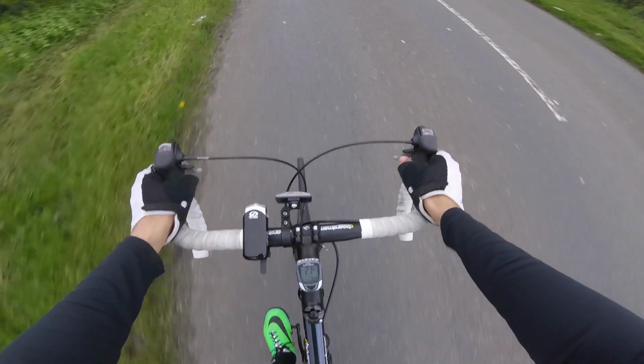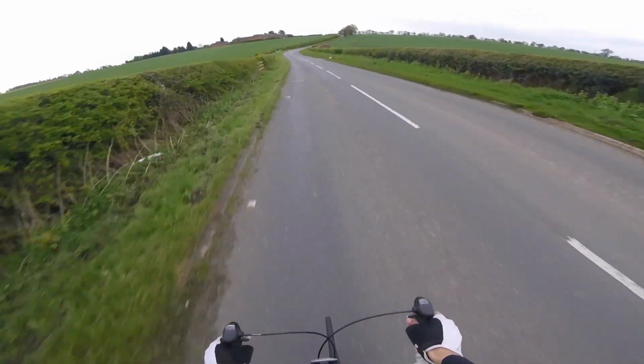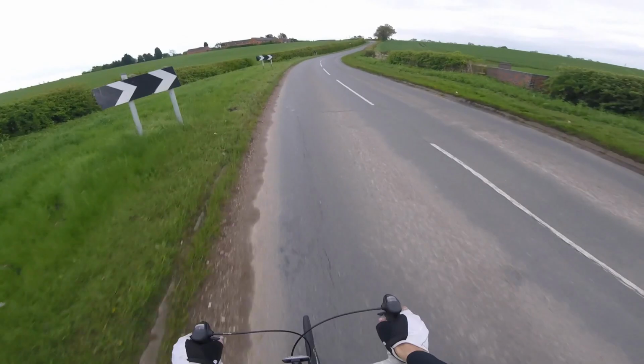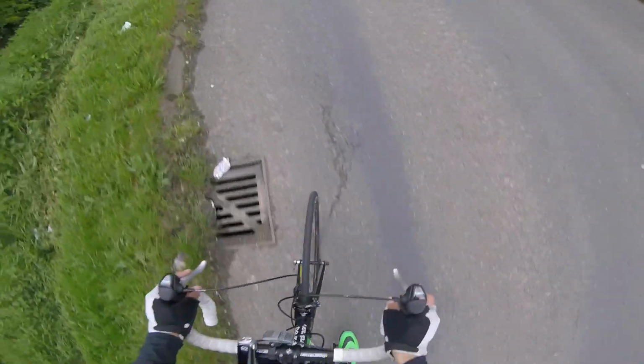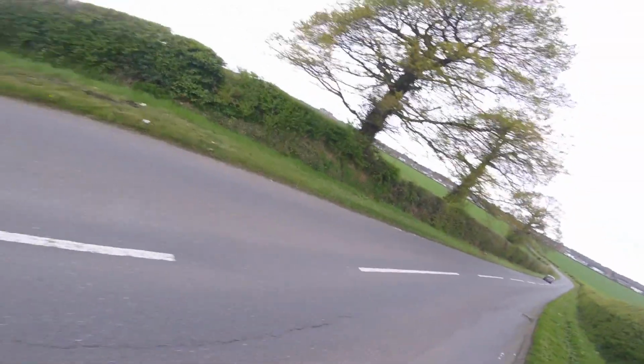So right here is where the country lanes begin. There's a little downhill section before I reach my first kind of challenging incline, and then there's a slight flat. It starts to level out a bit. It's not completely flat, but it's leveling out, and then it goes over this bridge and the country lane carries on,